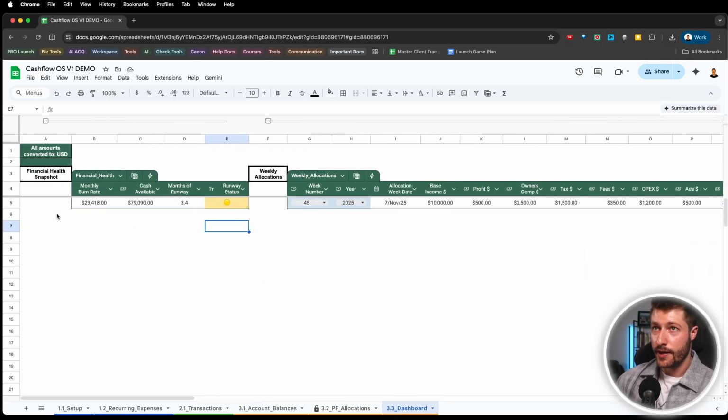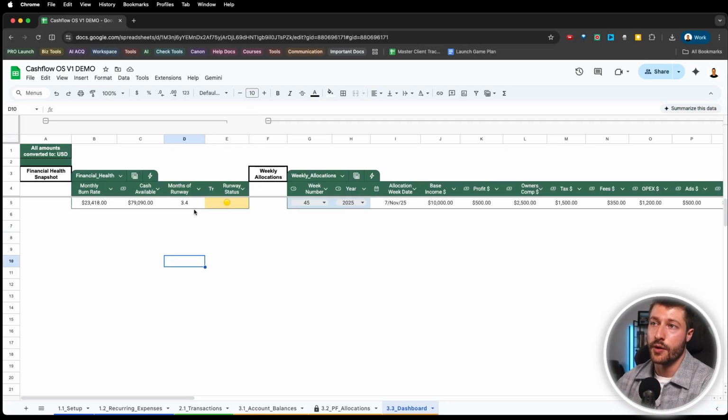So if you look at your financial health snapshot, you can see what's your burn rate, meaning how much money are we spending every single month as of right now from fixed expenses? Or what's my runway in case something bad happens, like for example, Meta shuts down my account. How many months would I be able to keep running the business when it hits the fan, or when there's a rainy day? And surprise, surprise, those happen in business all the time.